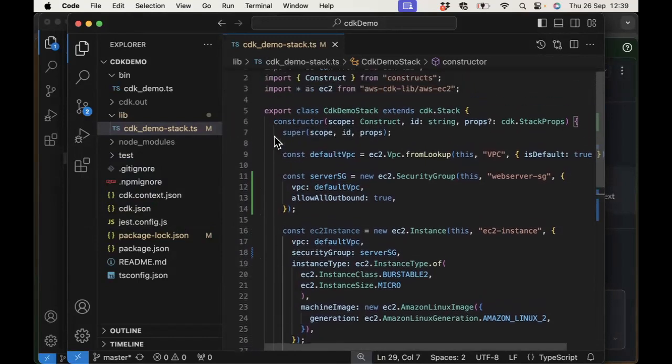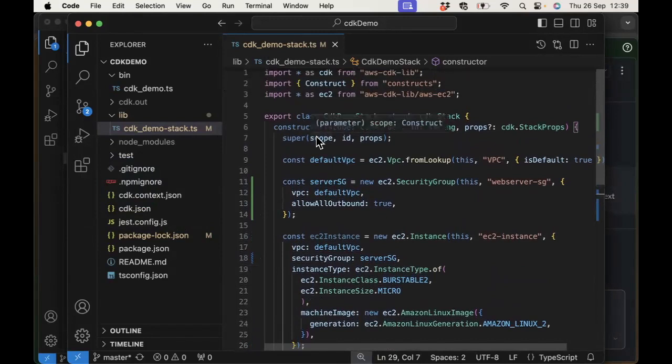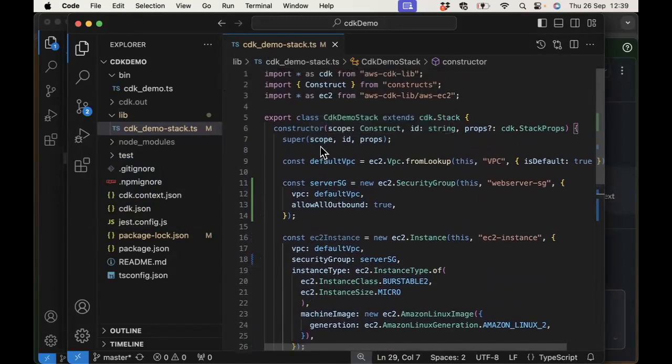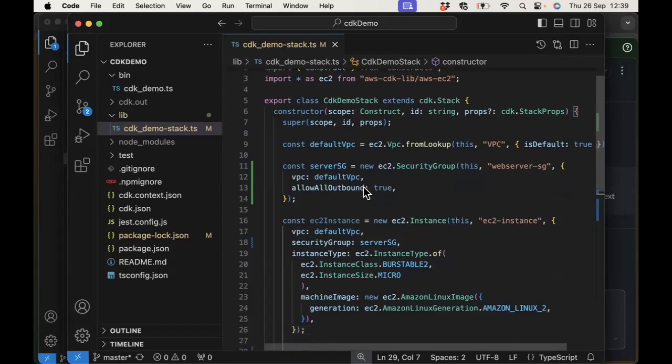Let's get back to the stack file. So what I was saying there is I'm kind of skimming over the code. I'm not explaining it in detail for two reasons. One I've already mentioned. This particular code is all about EC2, and we won't really be using EC2 from here on in. But at a very general level,